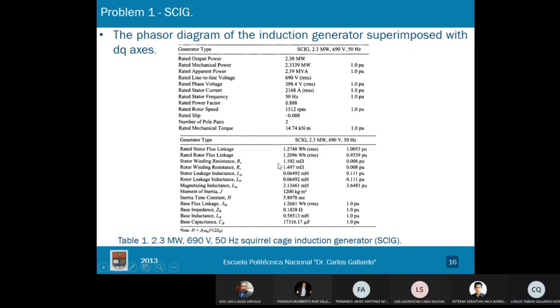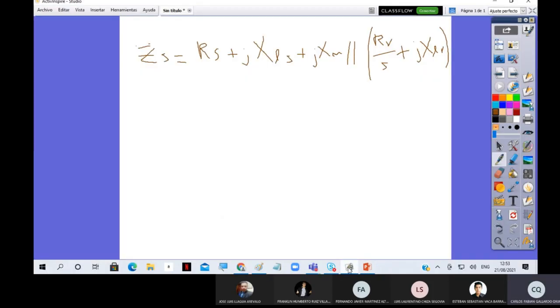Later on, I will need the slip. The slip for this problem is the rated slip. So substituting the values from the table into the equation, and the slip